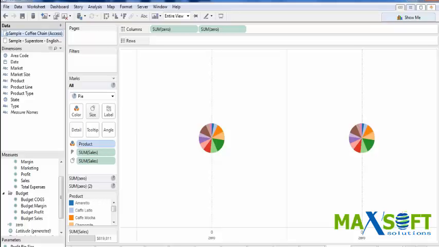Now the pies will be independent. Two pies will be independent. We can increase or decrease the size of each pie. So once it is done,